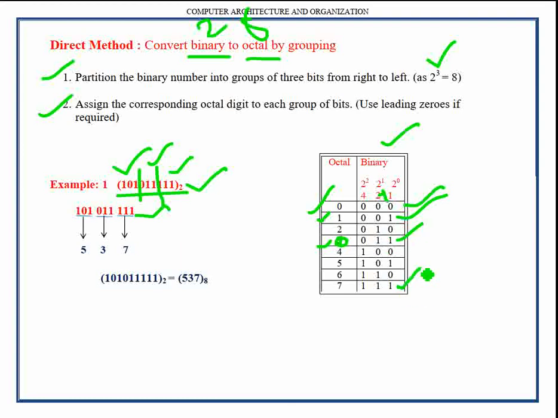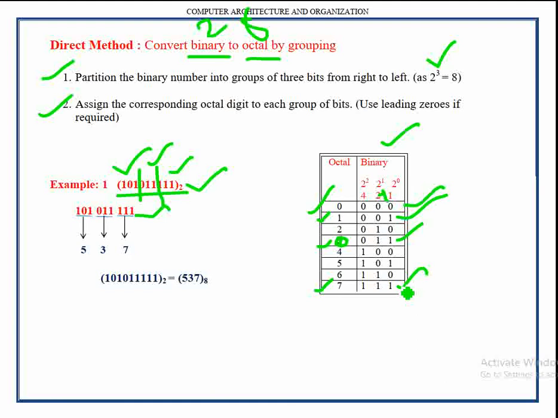Very similarly, if we take this group in which all 3 bits are present, we have to add the weights of all 3 digits. If we add the weights of all 3 digits, we will get 7, octal value 7. So like this, the octal value can be assigned based on the weight of the digits present in the group. Now let's apply this octal value to every group.